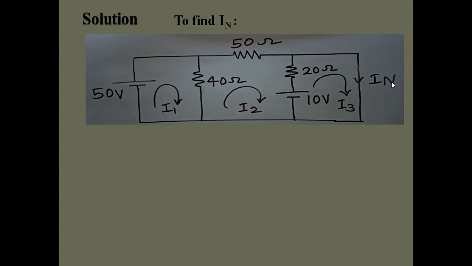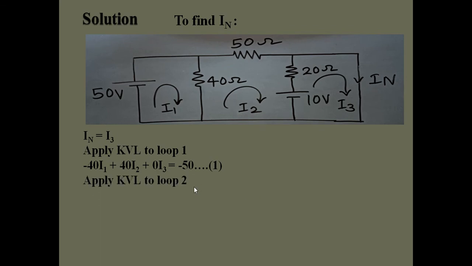Here the equation of IN will be IN equal to I3. Then we will apply KVL to loop 1, loop 2 and loop 3 to find I1, I2 and I3. After applying KVL to loop 1, we will get the equation as minus 40 I1 plus 40 I2 plus 0 I3 is equal to minus 50. Here I have written 0 I3 to avoid confusion while calculating these values, because in this equation we are going to get 3 terms, while in this equation we have got 2 terms, and in this equation also we will get 2 terms. But to equalize all of them for symmetric purposes, we will make it 0 I3.